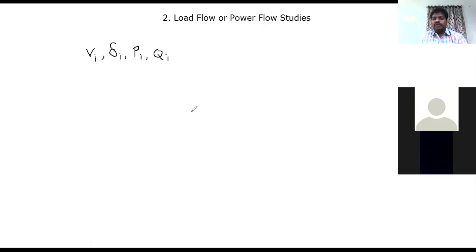So this may take 20 iterations. Now at the 20th iteration, the ith bus voltage is equal to this, the phase angle of the ith bus is equal to this, the real power is equal to this, the reactive power is equal to this. We are not going to do all these things. Suppose we want to do the problems, we are going to conclude that problem at the end of the first iteration, or at most at the end of the second iteration. And you are asked to repeat the same: at the end of the second iteration, what is the value of voltage at a particular ith bus?